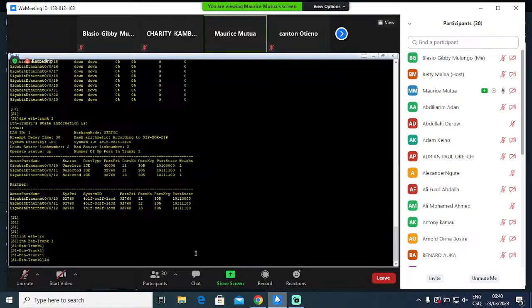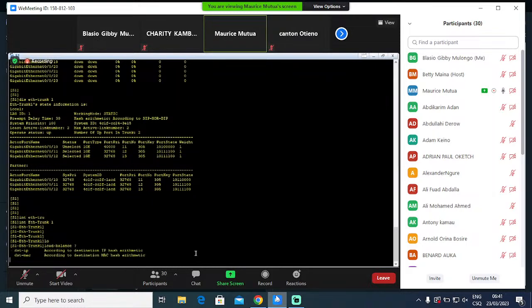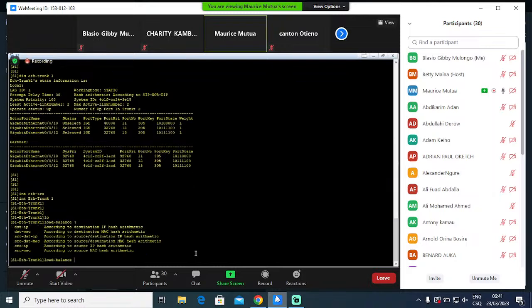Then there is the load balancing, and the options that you have is you can also load balance based on your destination IP address, destination MAC address, source, and both source and destination IP address, both source and destination MAC addresses, source IP address, and